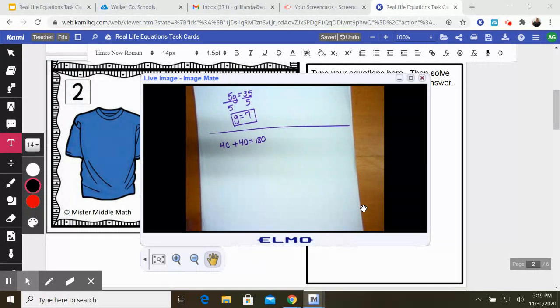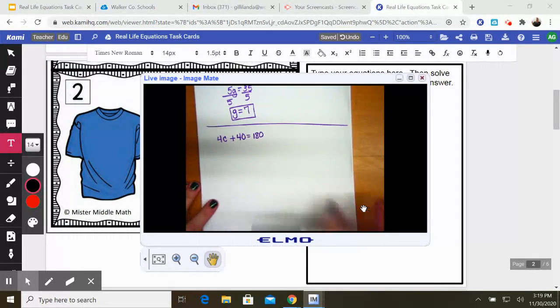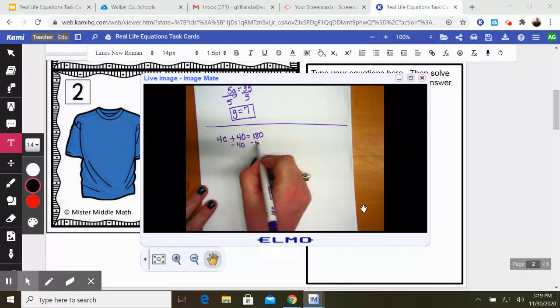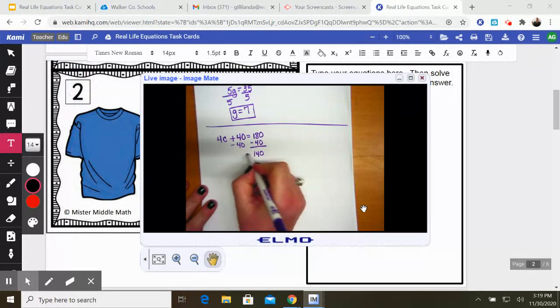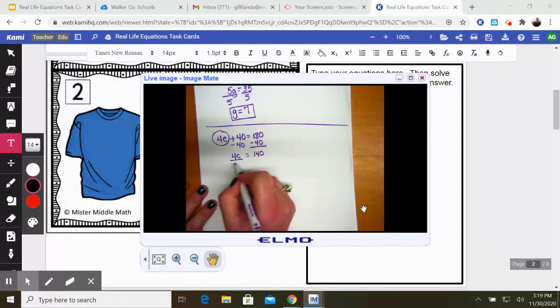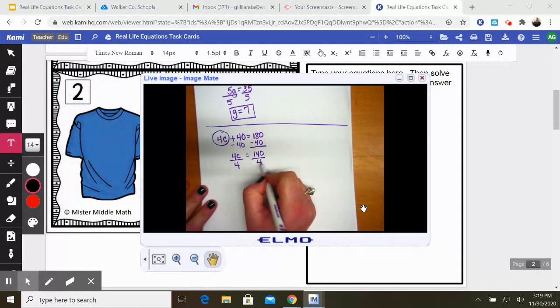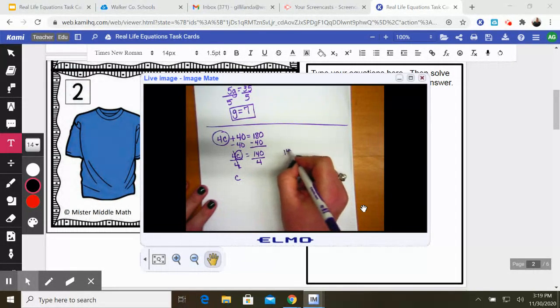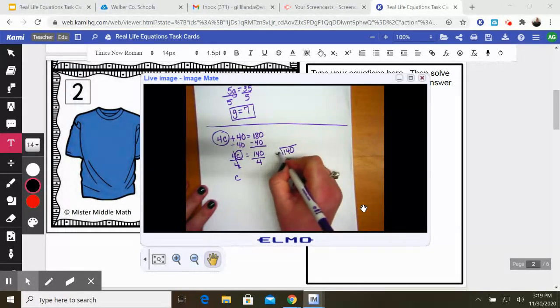Okay, 4C plus 40 equals 180, and this looks very familiar. So we're going to subtract 40 from both sides. And we are left on this side with only 4C. So we divide both sides by 4. We're left with only C on this side. And 140 divided by 4